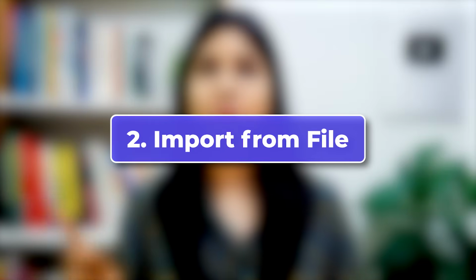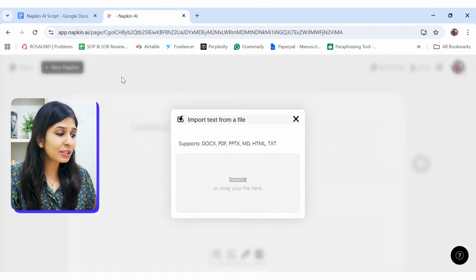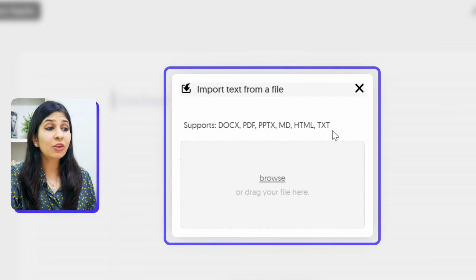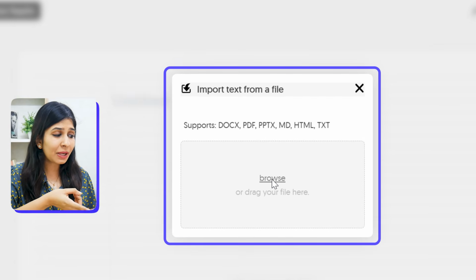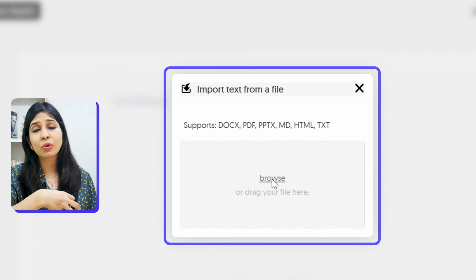So now that we've explored the Draft with AI option, let's move on to the next one, which is Import from File. And let's try that out as well. So for this, when I click on it, you can see that I can attach my text file in many of the following formats: DocX, PDF, PPTX, and many more, including Excel and CSV. So this actually gives me a lot of flexibility in terms of how I want to upload my note or my document. So say for example, if you have any brainstorming ideas, class notes, any research questions that you want to visualize, this option actually becomes perfect for you.